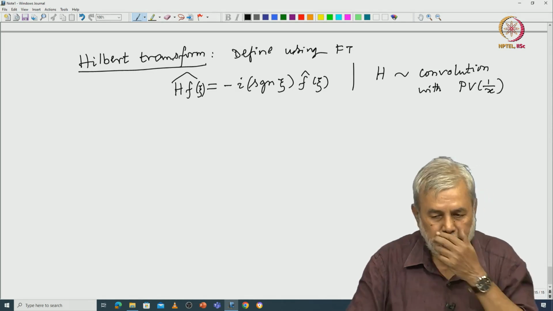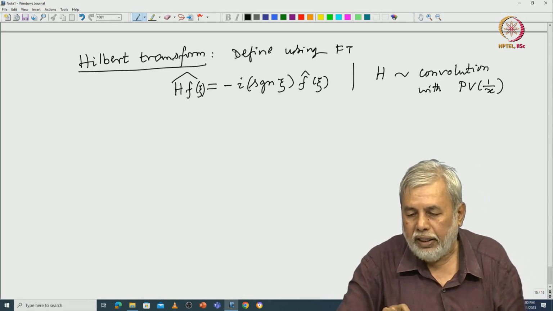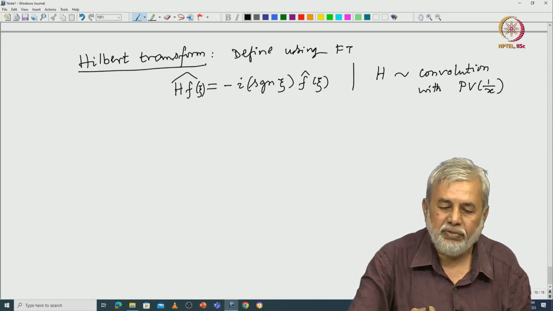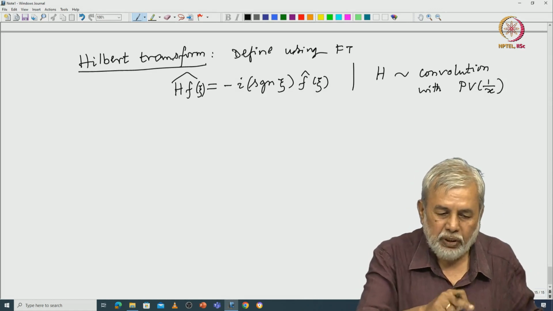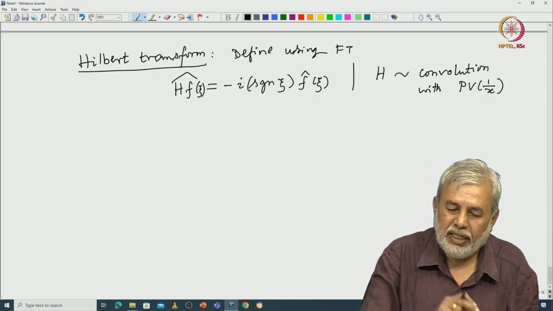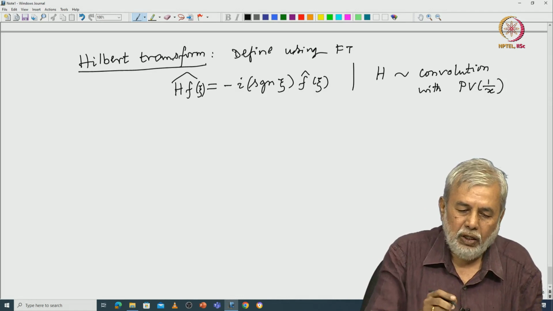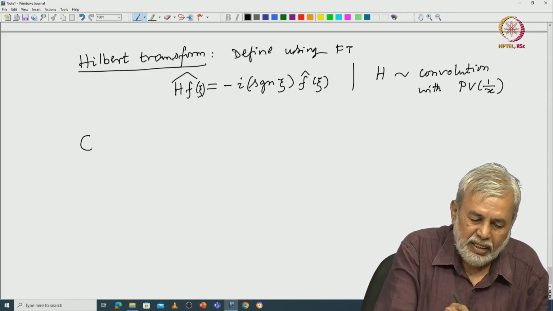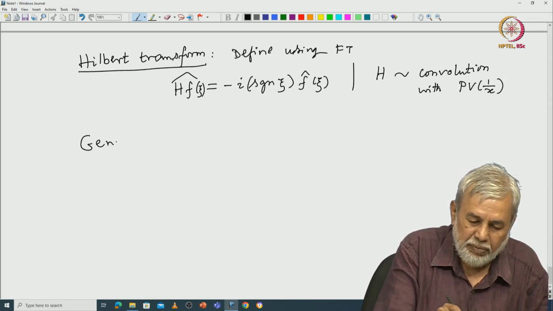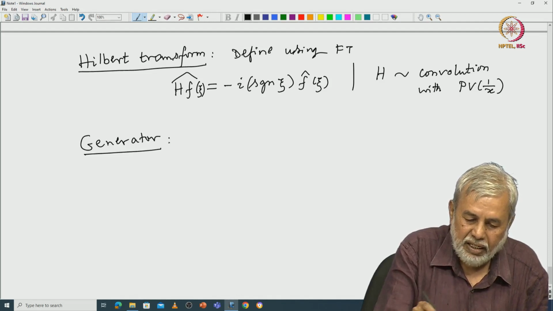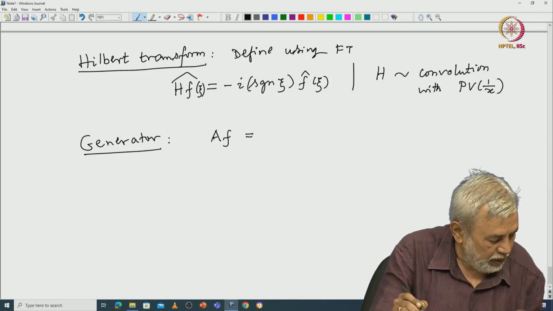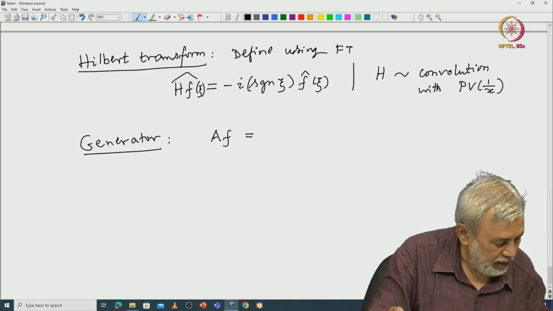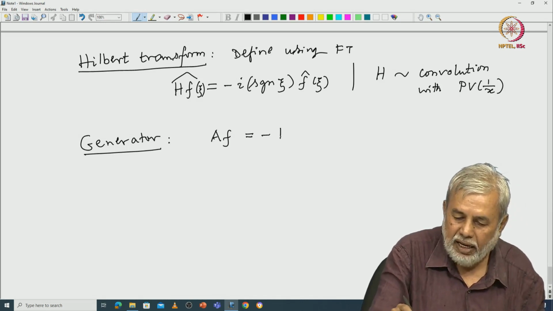So, you have to take convolution with this function. Okay. And then when you transform using the Fourier transform, you get that. So, this generator is expressed in terms of the Hilbert transform. Let me write that: Af is equal to minus H of